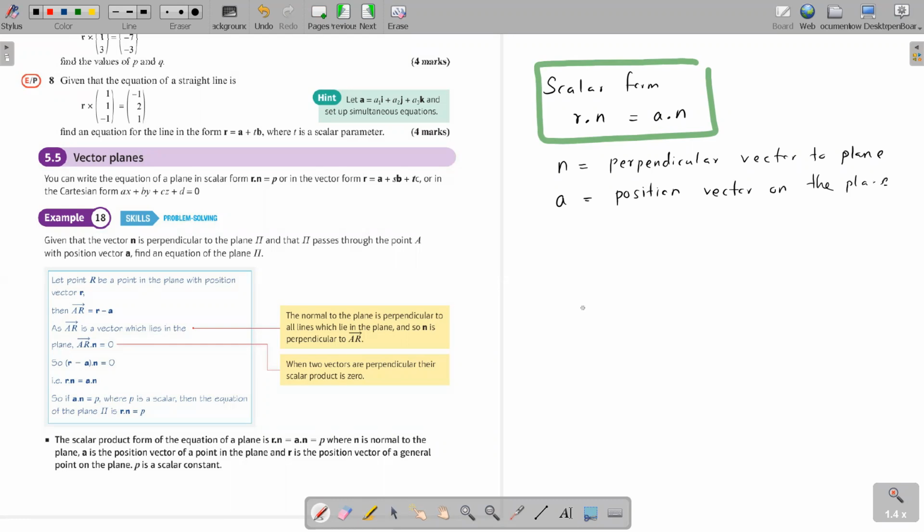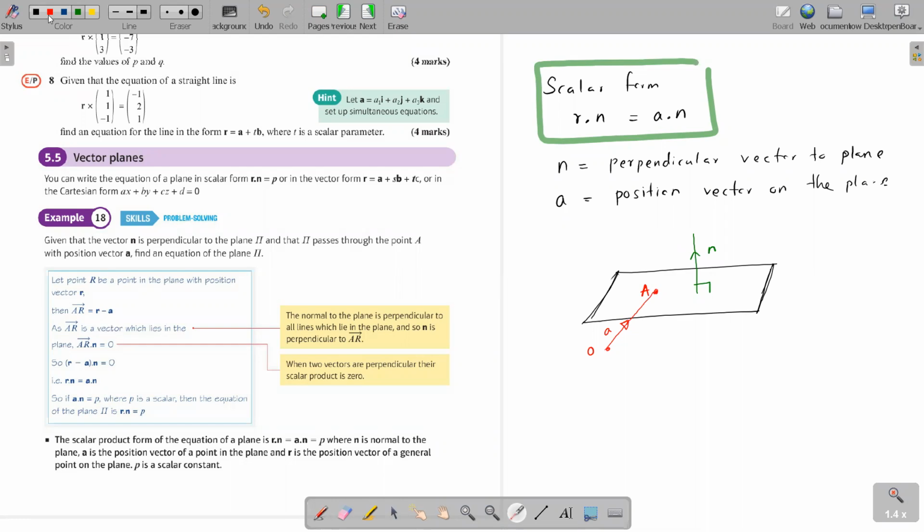Do you see what I'm talking about here? So you have your plane, and this is your position, say A, relative to O. So OA vector is a. And the vector n here is a vector perpendicular to your plane. Are you okay with this? I'm just directly giving you the theory. They have given the proof here.